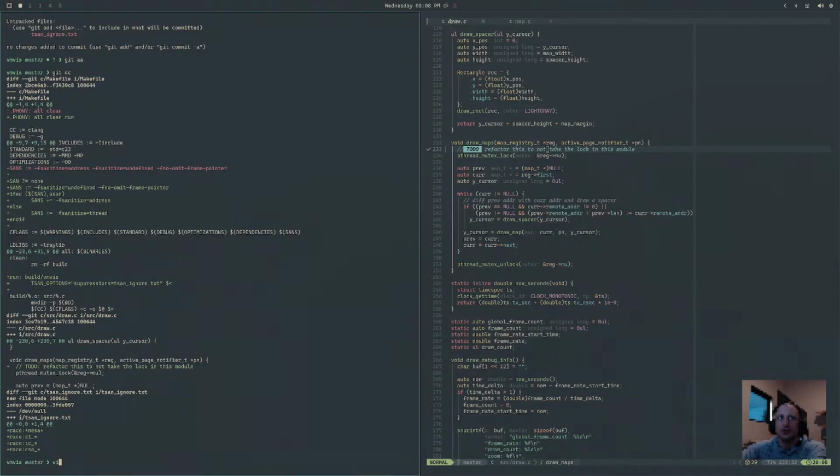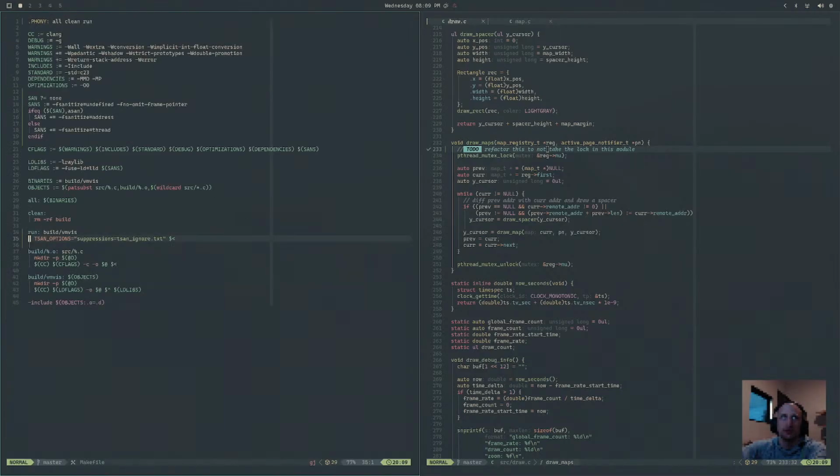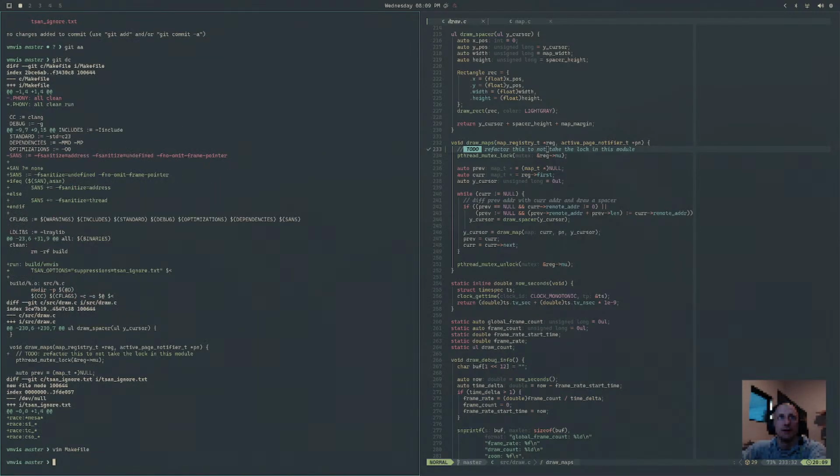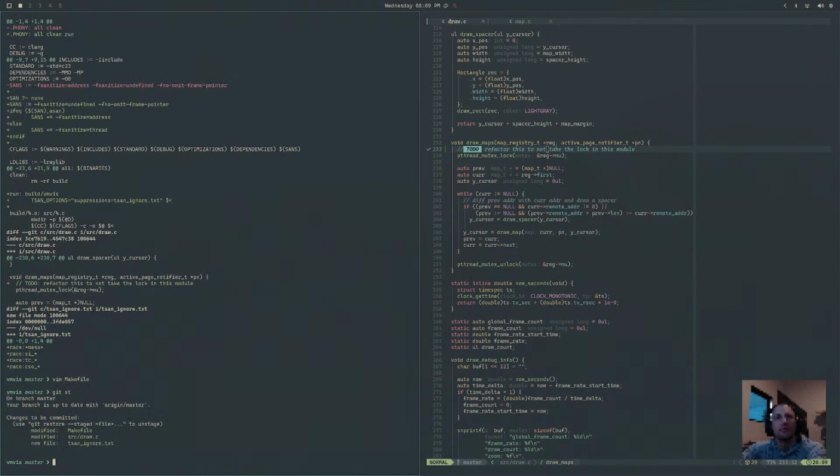I guess I could make the makefile a little bit more complicated here by doing a similar test here, but I'm not going to do that. We'll just say add